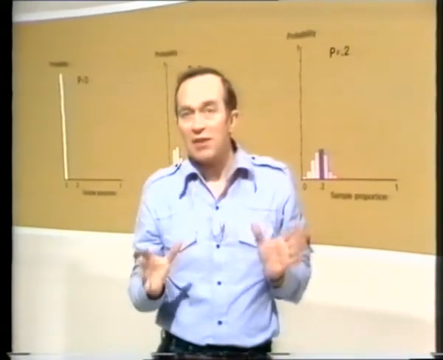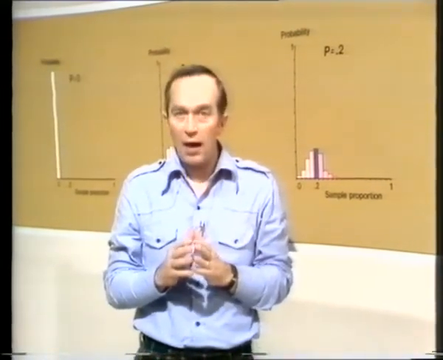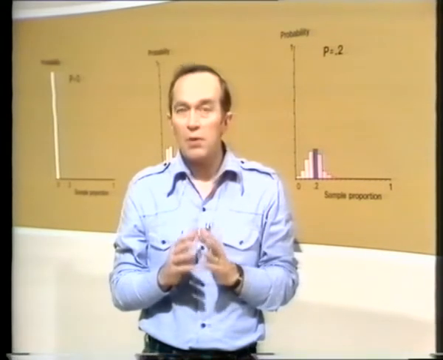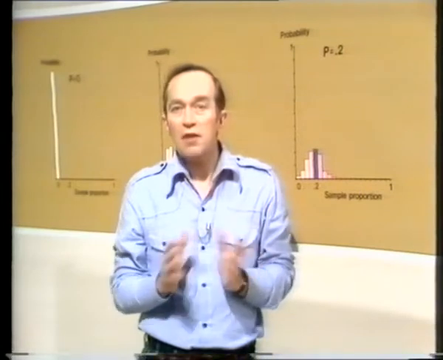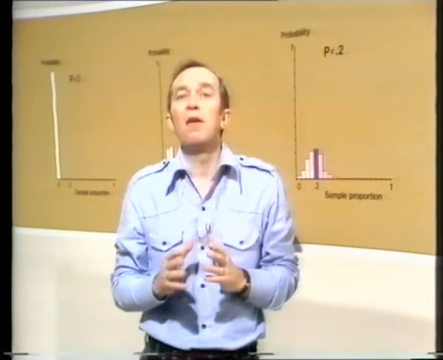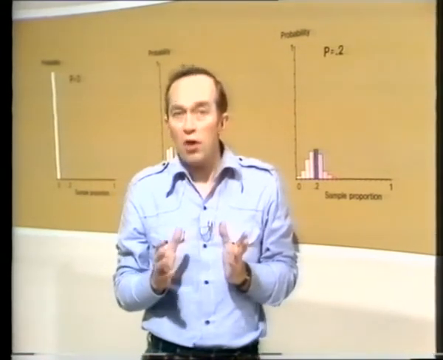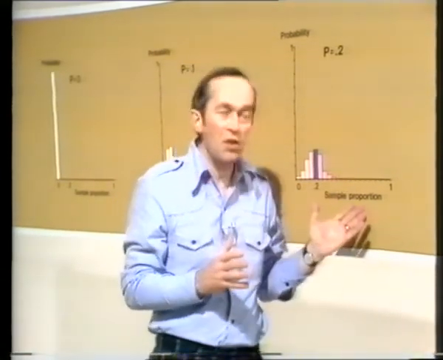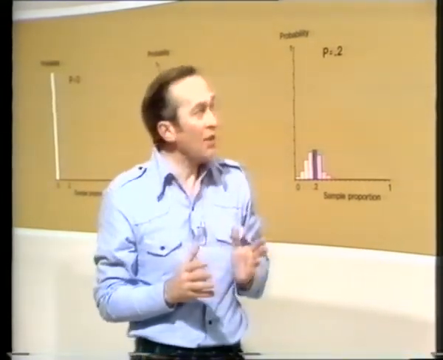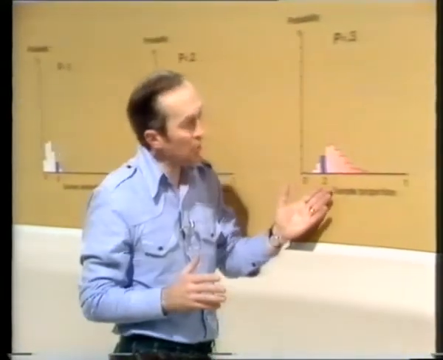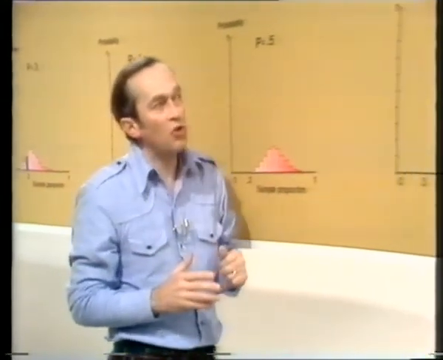Now, I want you to think in these terms. Think of the value of p as defining a particular mathematical model of the contents of that bottle. And for different values of p, you have alternative mathematical models. The consequences of those values of p are these histograms, showing the probabilities. And you see that as p increases, so the probability of getting the sample result that we actually got decreases.